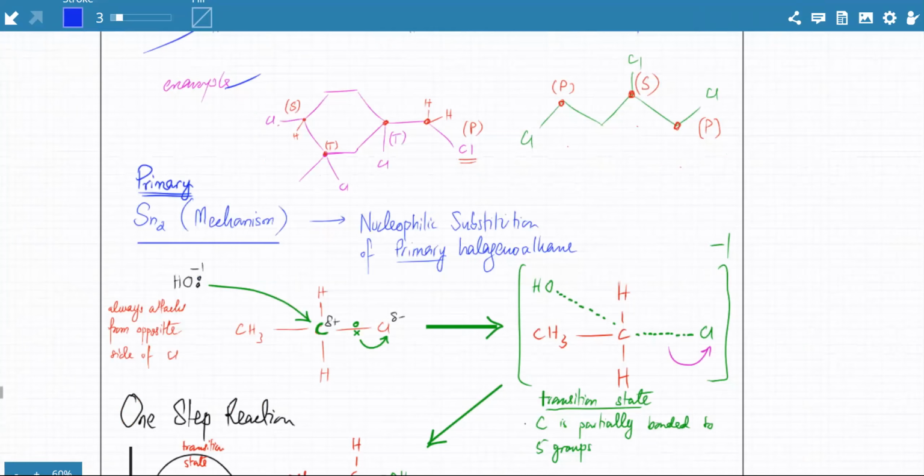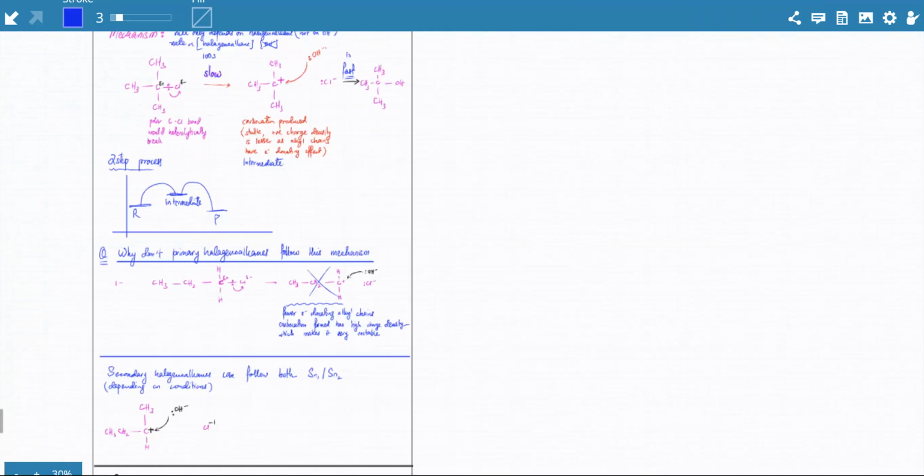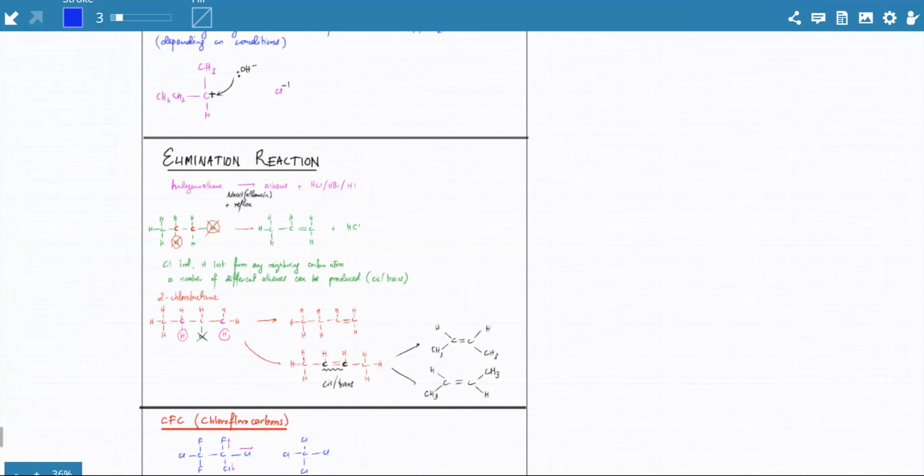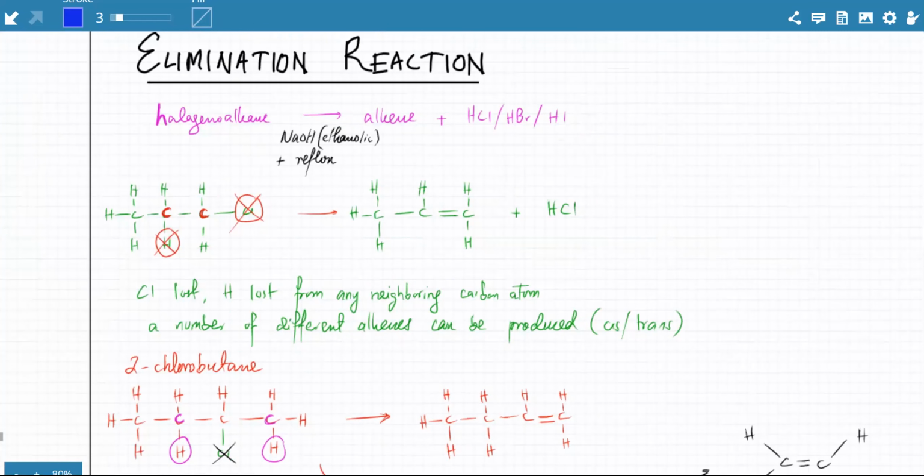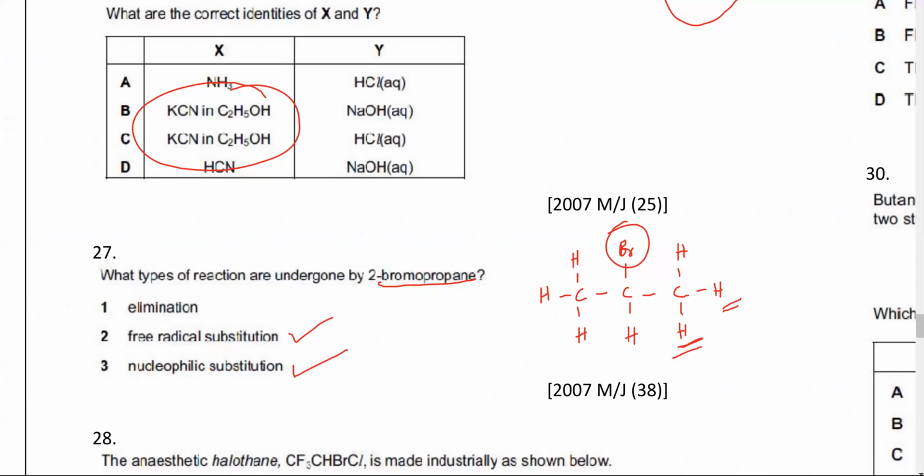What would happen in elimination was that halogen would be removed अगर NaOH ethanolic यूज किया reflux. तो halogen रिमूव होगा, साथ वाले से H रिमूव होगा, alkene बन जाएगा. तो वही कुछ इसके अंदर होगा जिसका Br जाएगा और साथ वाले से H जाएगा और ये बीच में डबल बॉन्ड आ जाएगा. It would form an alkene and it's going to be called elimination reaction. ठीक है,